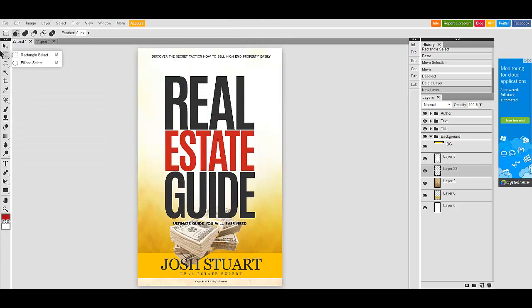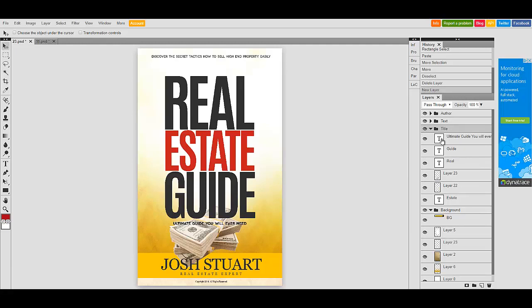Now, let me show you over here a little bit. I showed you a little bit about, this is the Move tool. So you click on a layer, like that. Click the Move tool, and you can move whatever you selected there. All right. Rectangle select and ellipse select. So let's say we want to, let's do this. Let's select an ellipse. I draw a circle here, and then